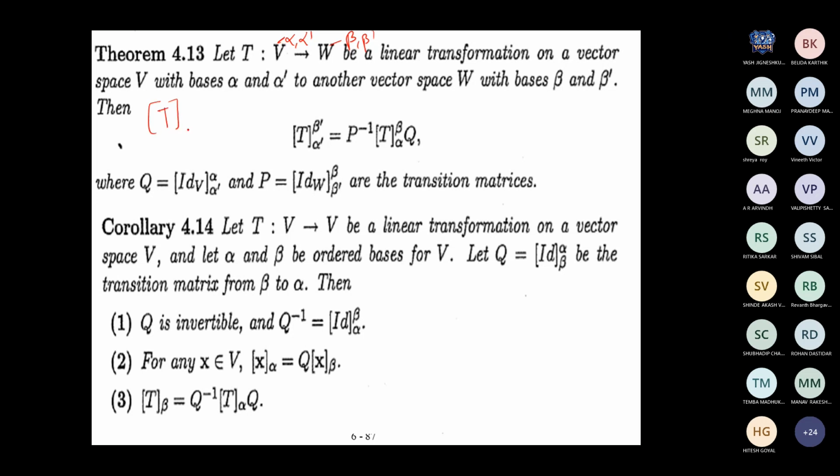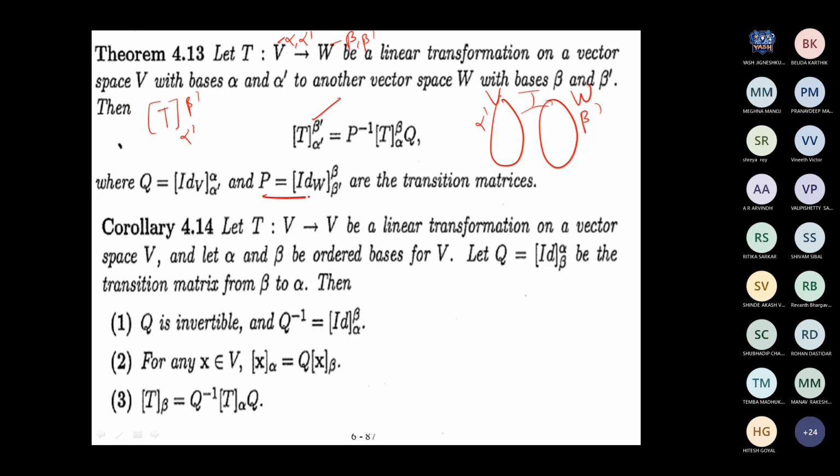What does this symbol actually represent? It is the associated matrix, right? For the linear transformation T, when you move from alpha dash to beta dash. See, this is V, this is W, alpha dash, beta dash. T is the linear transformation. So T alpha dash to beta dash is what? Can you all hear me? It shows bad network quality. Voice is clear? Yes, ma'am. If you have any problem, please say. So it is nothing but,